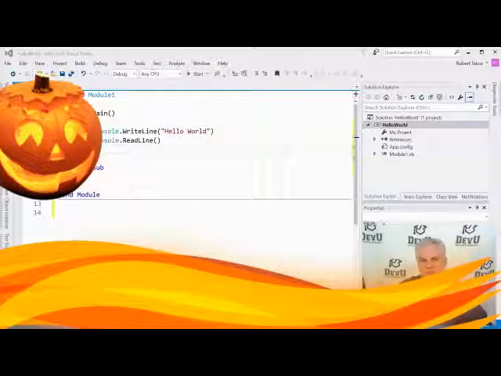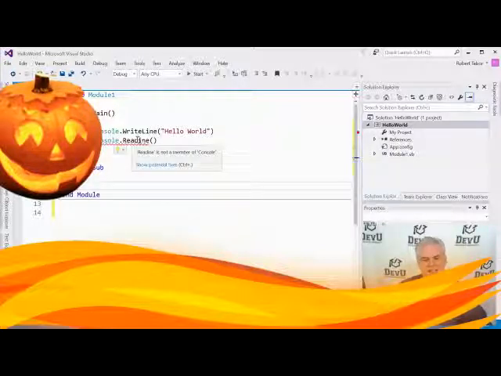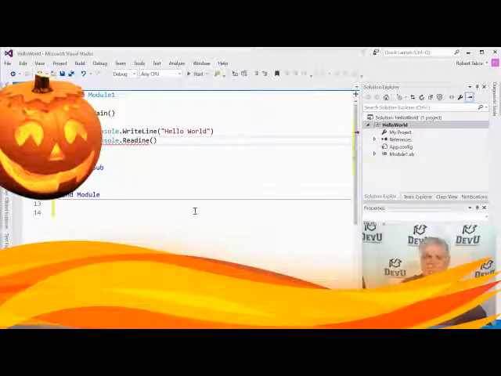Some people will say, is my version of Visual Studio different than yours because I typed this out and it won't run for me? And invariably what happens is they've done something incorrectly when they typed in the code. So typing in code is an exercise in precision. You've got to make sure that it's exactly what you see on your screen and what you see on my screen is identical. Okay? All right.